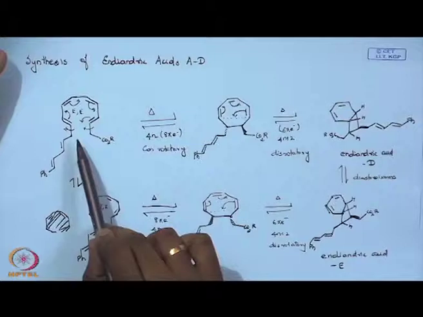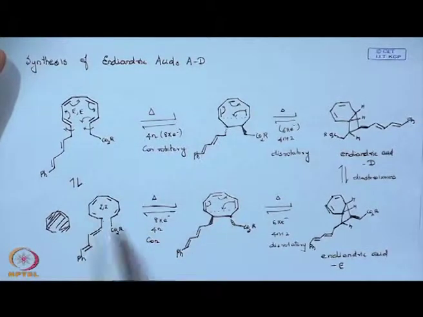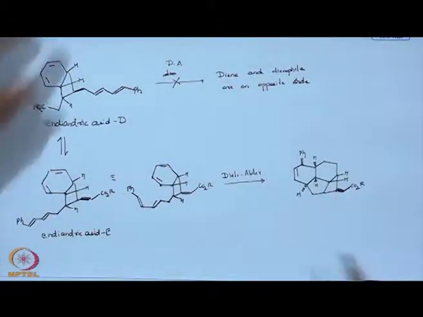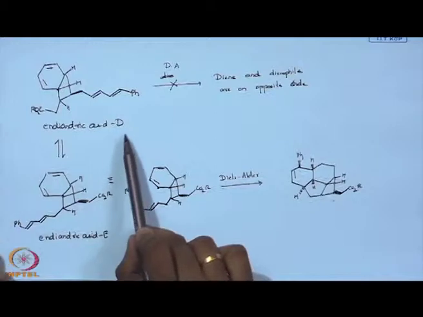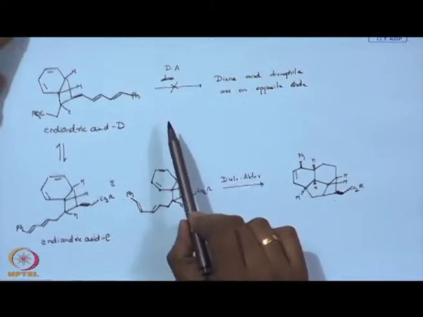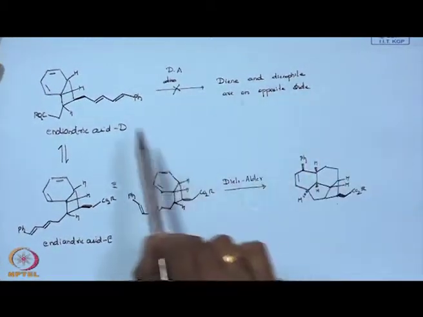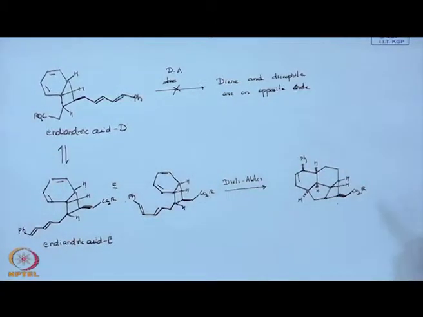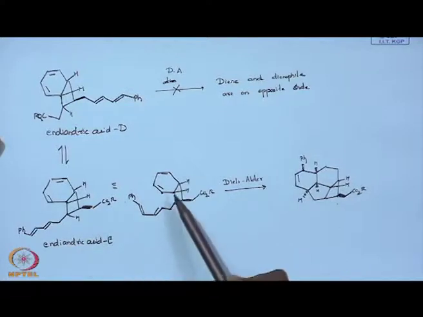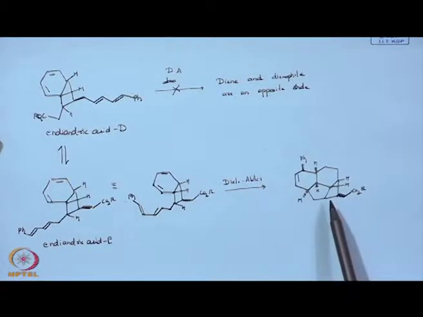Same one, this is the EE form. I am taking the ZZ and you get an endiandric acid E, which are diastereomers of each other. Then I take endiandric acid D and ask whether it will undergo Diels-Alder reaction. You said that it won't because your diene and dienophile are on opposite sides. But in the case of endiandric acid E, it undergoes nicely to give you this product. What is this? Yeah, this is your